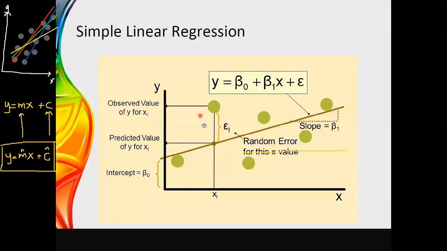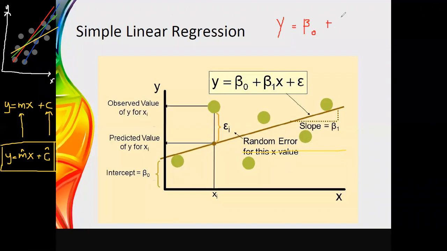Therefore, if this is the set of points we are having in this form, and I told you that there is only one best fitting line, and the best fitting line is in the form of y equals beta naught plus beta 1 x plus error. But this error term vanishes once you use the least square estimation technique. Therefore, once you use the least square estimation technique, you will end up with this form as y equals beta naught